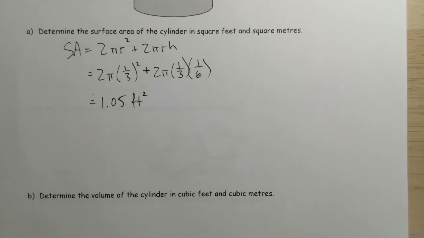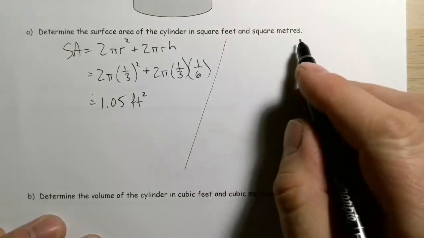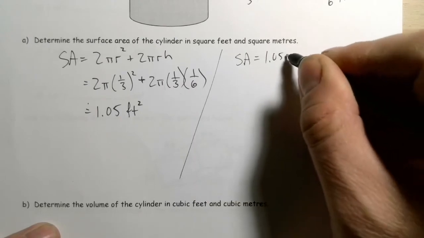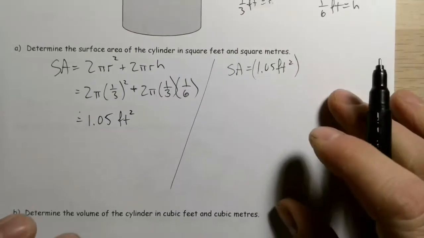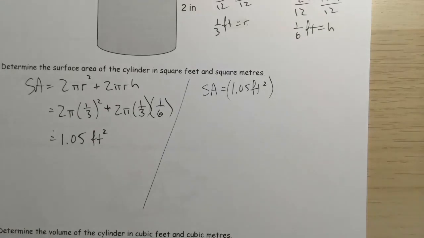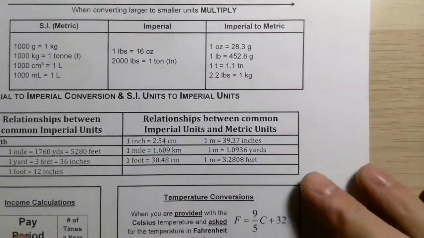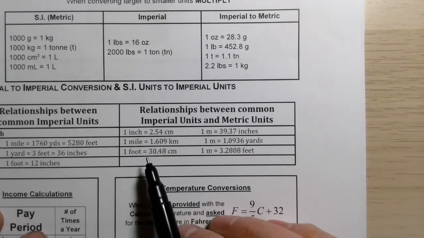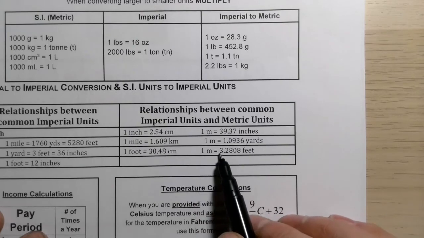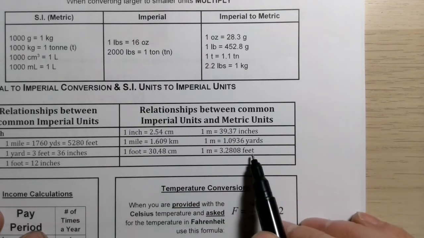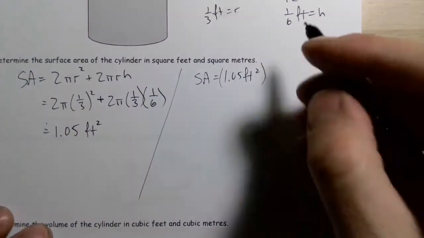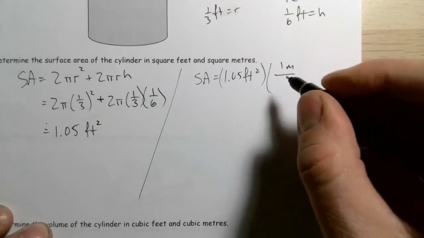Now that that's done, and I'm keeping that in my calculator for right now, let's put it into square meters. So our surface area is 1.05 feet squared. I'm going to grab the conversion factor from feet to meters. Feet to meters. Oh, right here. 1 meter is 3.2808 feet. So I want to get rid of the feet. So I'm going to put 1 meter over